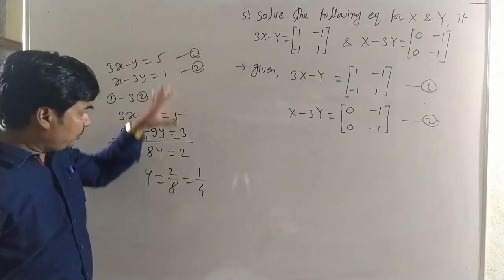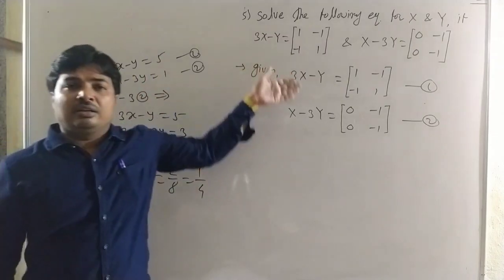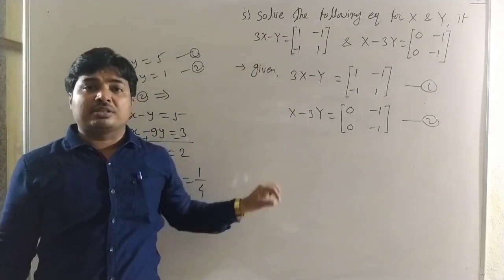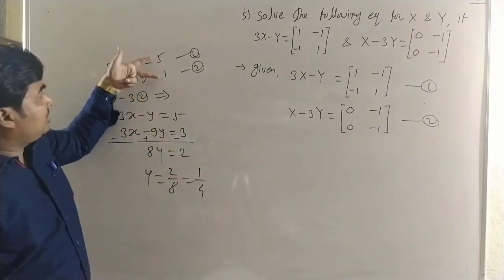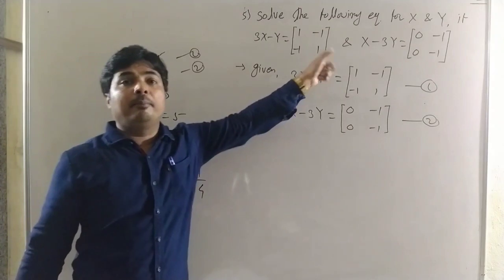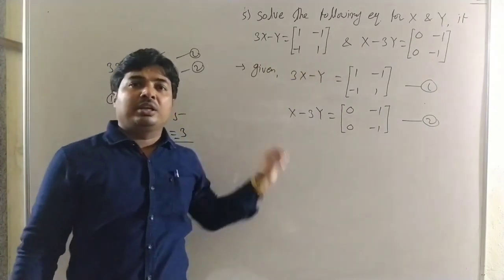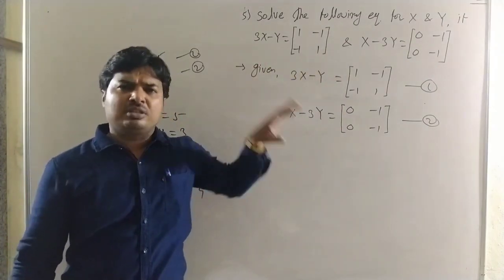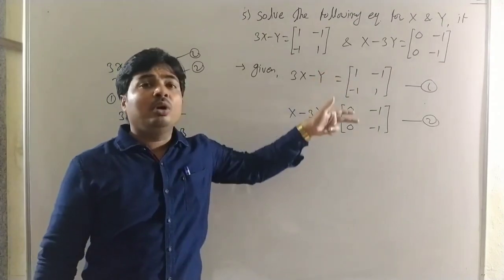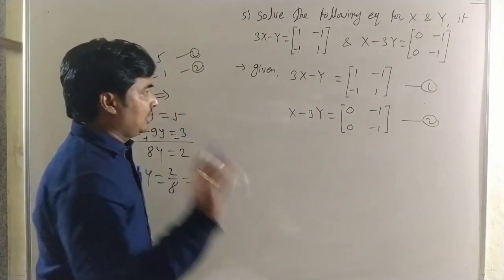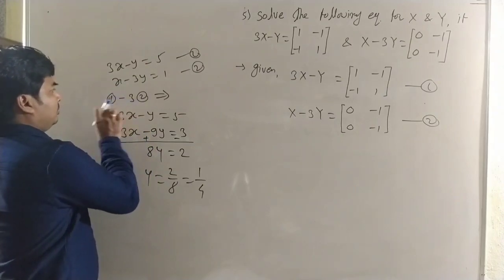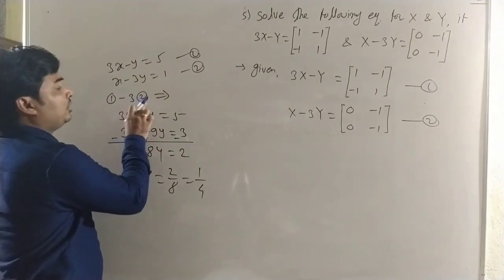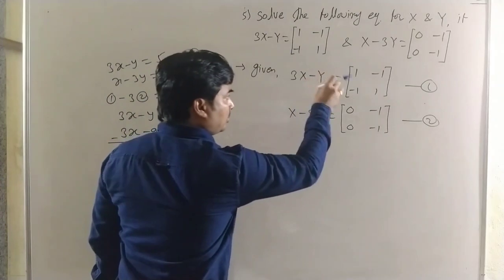Okay, the same process applies for these two equations, but here on the RHS it is numbers, whereas in our problem it is matrices. That means we can calculate the addition, subtraction, or scalar multiplication of these two matrices. Here the same calculation, we perform equation number 1 minus 3 into equation number 2, the same calculation we perform here.